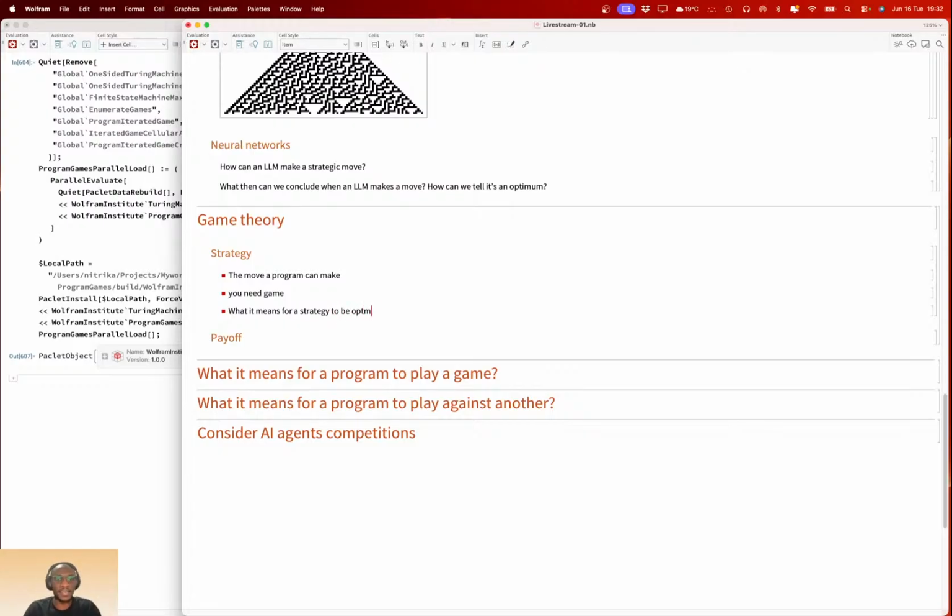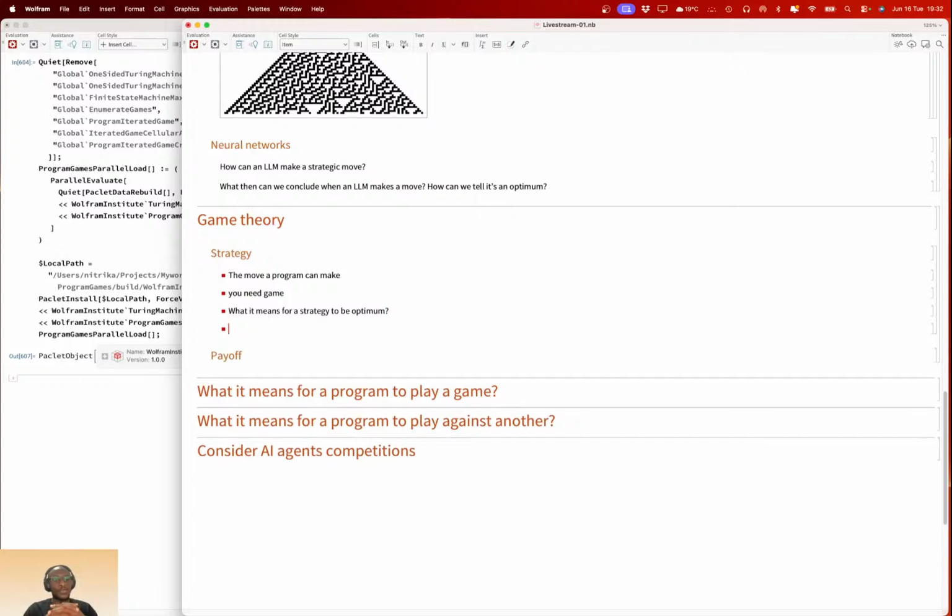Because you can't just make a strategy without considering its optimality, its local optimum. How am I benefiting, or how do the consequences of the move that I make currently affect my advantage, right? So that's one way to do that. And we will talk about possible strategies and what those strategies look like in terms of computational programs.